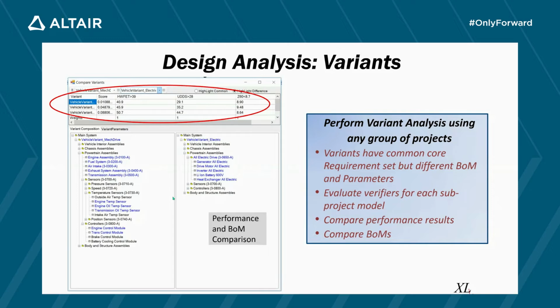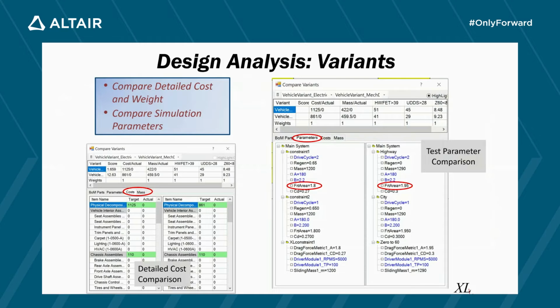Additionally, we've used a lot of different simulation models, whether they be cell equations, other macros or worksheets, or Activate models. Those models have different parameter settings. Those same models may be used in 2 or 3 different variants, and the only difference is that the parameters are set differently. So instead of comparing BOM parts down here side by side, I can compare the parameters,